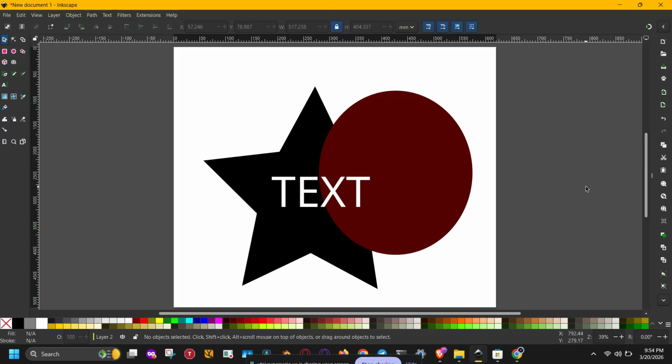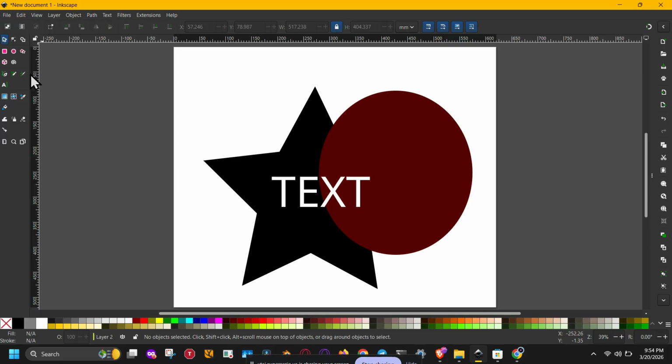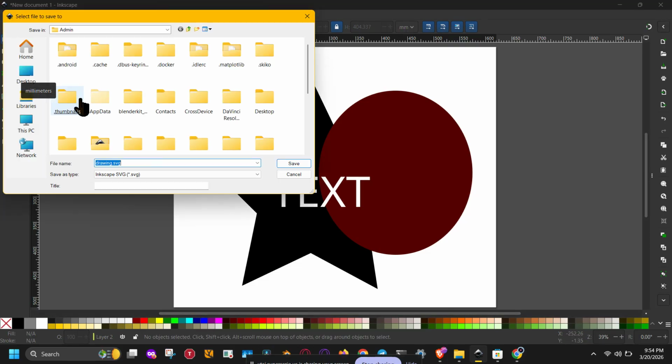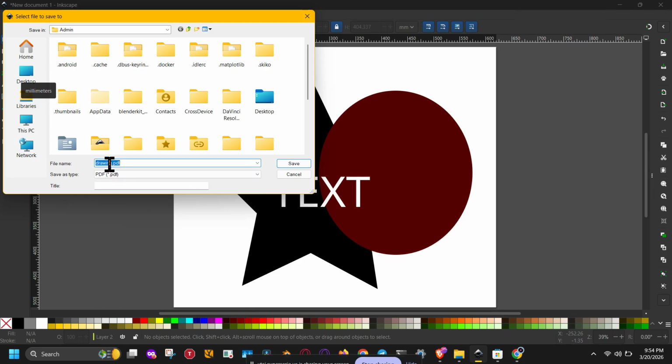Let's get started. The first thing you want to check is your file name and the folder path. Inkscape can sometimes fail during export if your file is saved in a location with special characters in the path. Characters like percent signs, hashtags, ampersands, or even unusual folder names can cause problems when the PDF engine tries to process